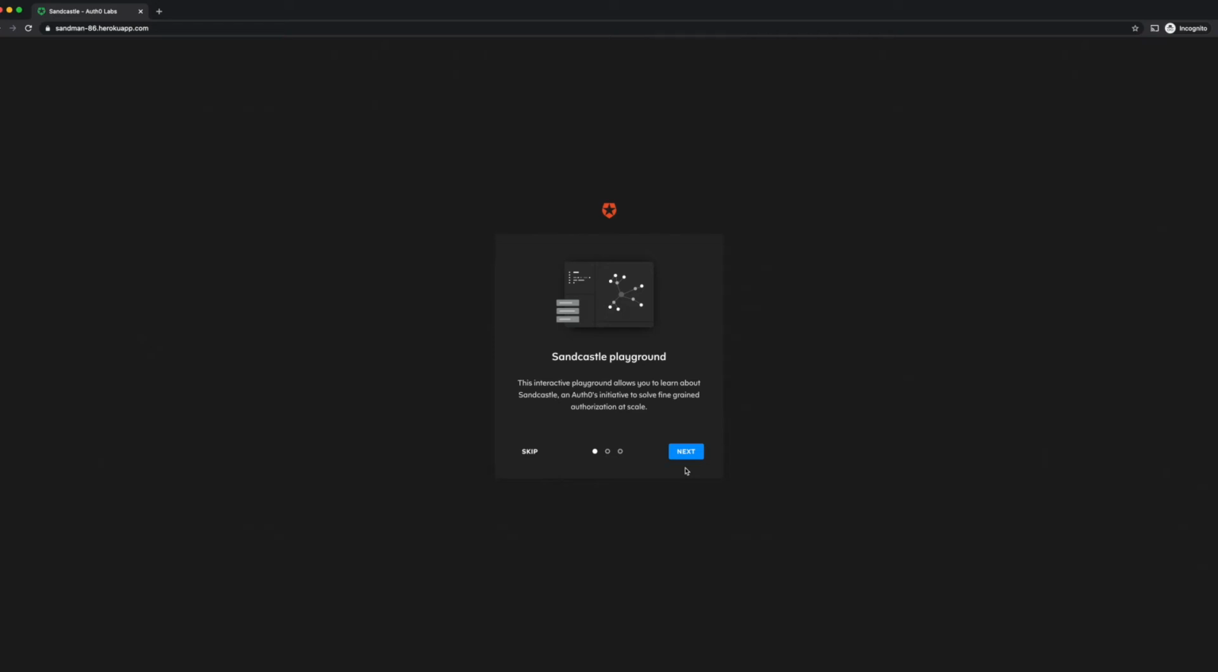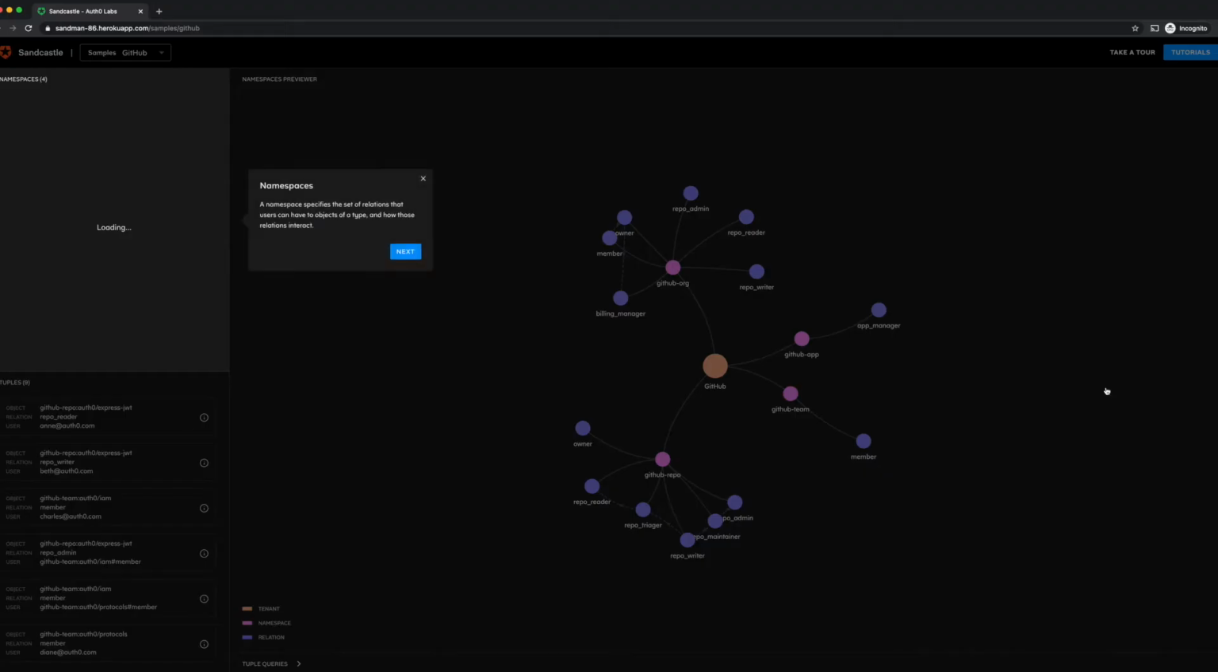This is a tool that you can use to learn how Sandcastle works. Sandcastle is a relationship-based access control authorization system. That means that a user has access to an object if it has a particular relation to it. Let's take a tour of Sandcastle and use GitHub as an example to see how relationship-based access control works with